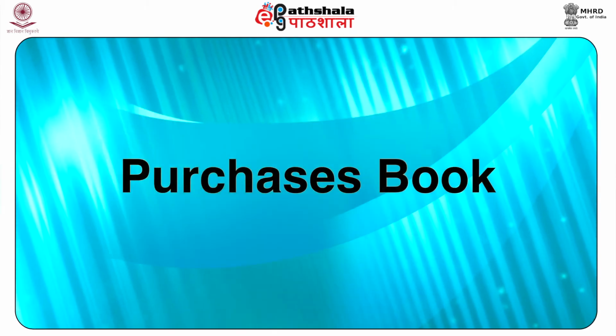Now let us discuss about purchases book. When goods are purchased on credit, it is recorded in purchases journal. The purchases book neither records cash purchase of goods nor purchase of any item other than goods. The entries in purchase books are made on the basis of invoices received from the supplier with the net amount after trade discount. Usually this format is used for purchase books.